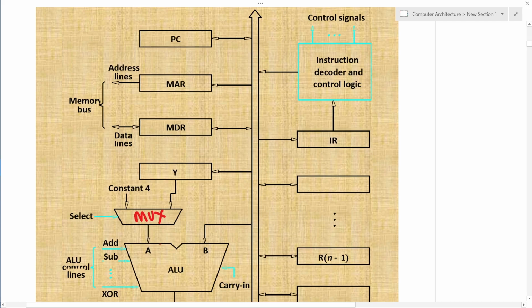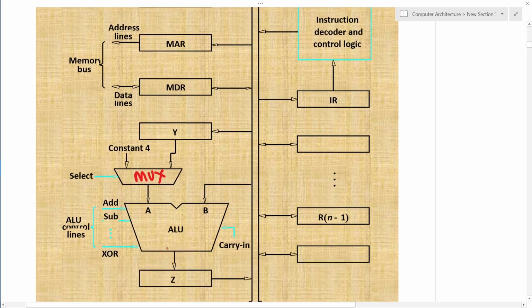The role of the ALU is to perform arithmetic and logic operations. Arithmetic operations like addition, subtraction, multiplication, division, and logic operations like logical add, not, XOR. The output of the ALU operation will be available at register Z.